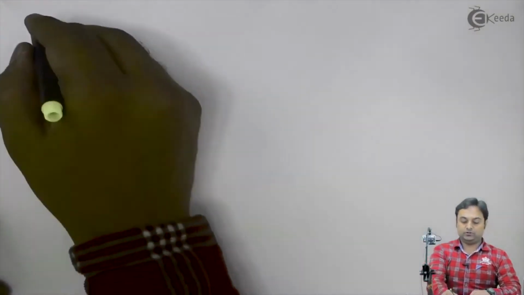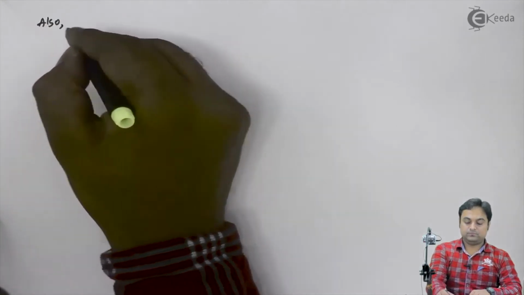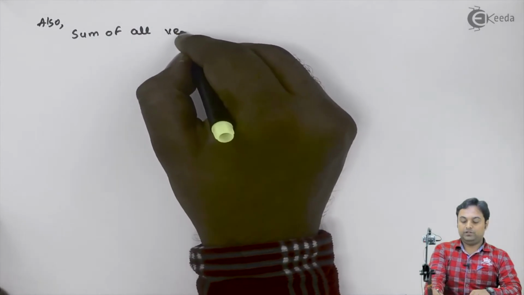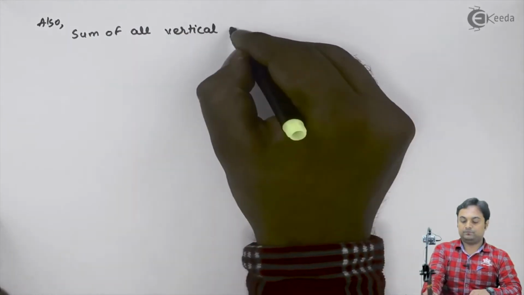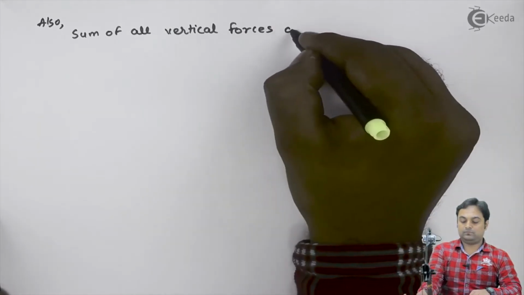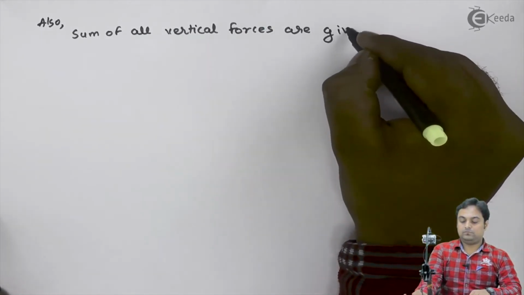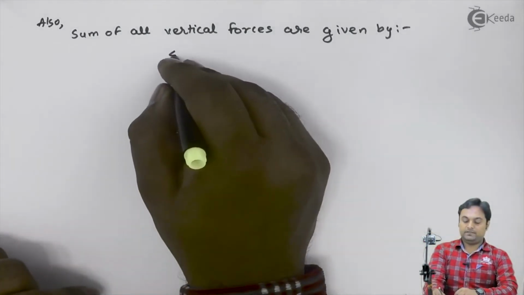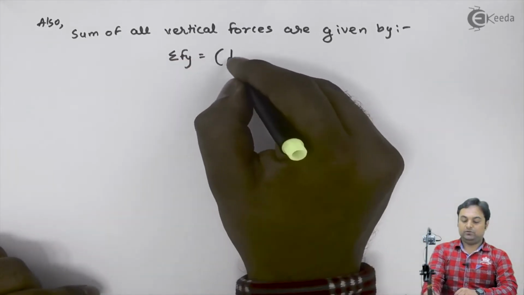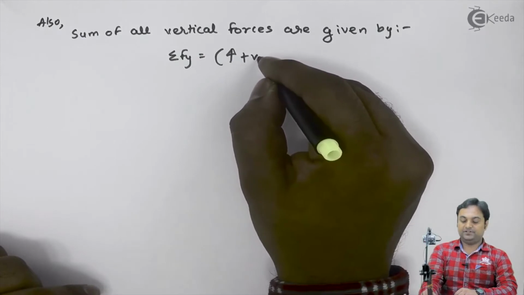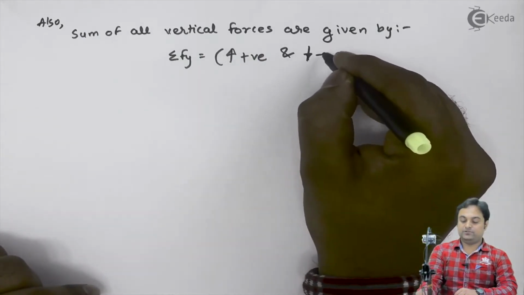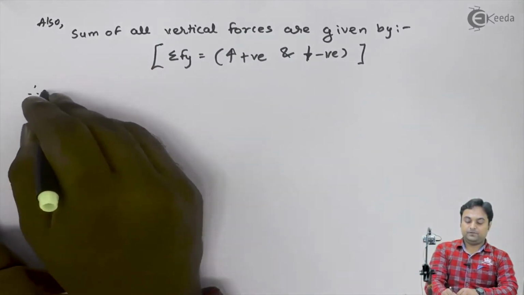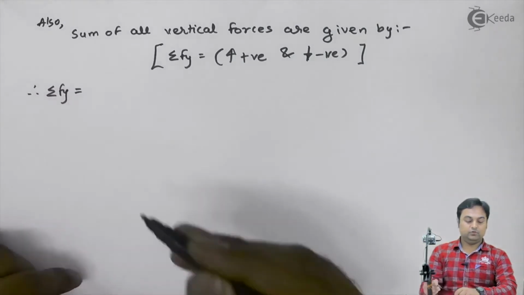So I can say that the sum of all vertical forces is given by summation of fy is equal to, upward forces will be treated as positive, downward forces as negative. Therefore, summation of fy is equal to,